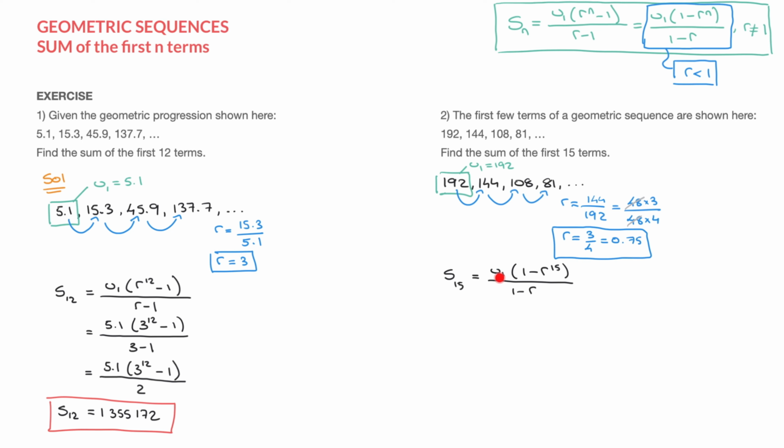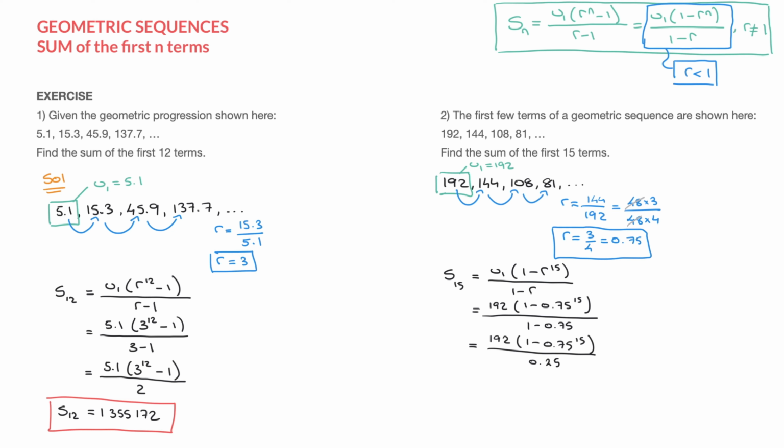I now replace the first term here by 192, and I replace the common ratio by 0.75, so this becomes 192 times, in parentheses, 1 minus 0.75 raised to the power of 15. And all of that's over 1 minus 0.75. And now since 1 minus 0.75 is equal to 0.25, I'll go ahead and state that this equals 192 times, in parentheses, 1 minus 0.75 raised to the power of 15, and all of that's over